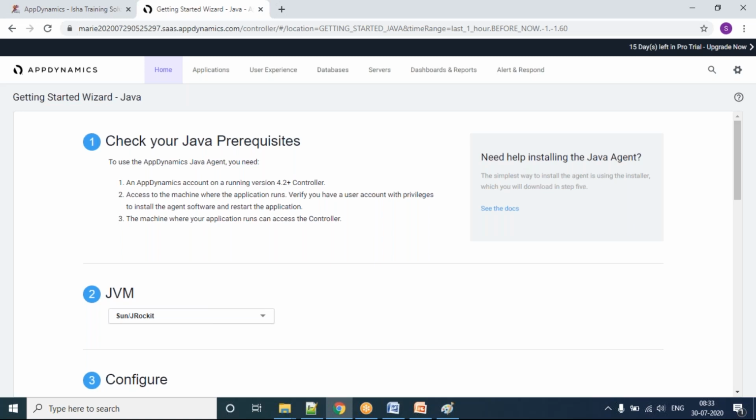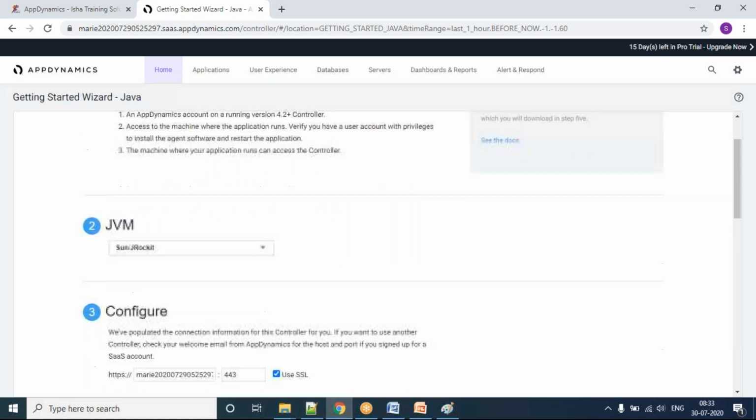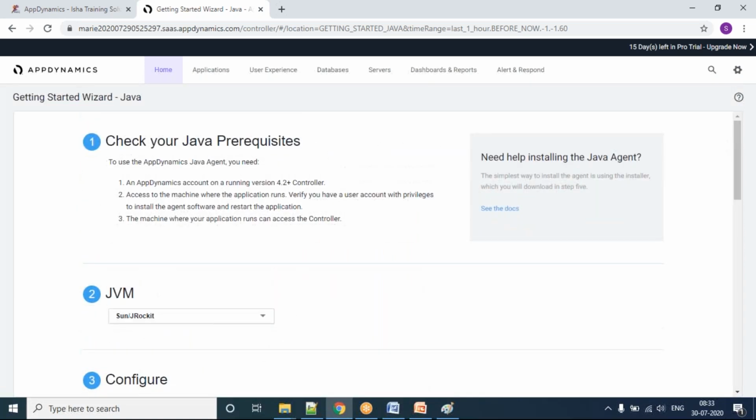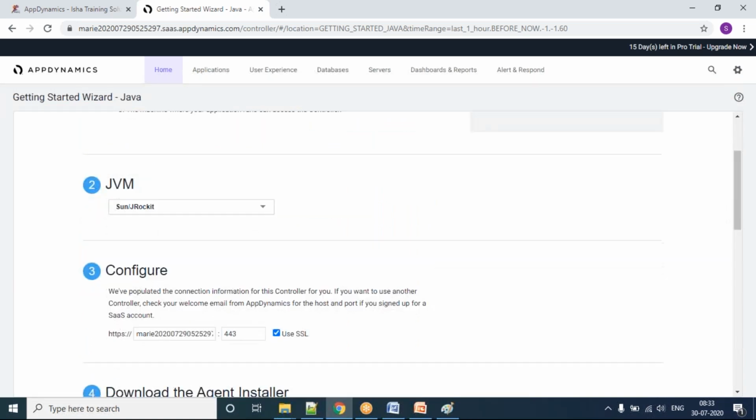It goes to step 1, step 2, like that. In my case, I have this prerequisite: my JVM is a Sun JRockit JVM.